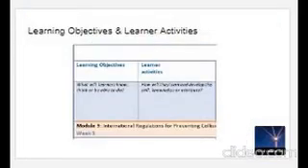Down at the bottom of the slide, it says the plan belongs to Module 9, which is the international regulations for the prevention of collisions at sea. This plan is delivered in week 5 of the course. There is a column for learning objectives, which are what learners will know or be able to do at the end of the lesson. There is a column for learner activities. That is where we record how the learner will develop the skill or knowledge.